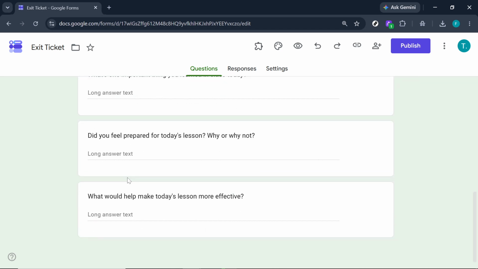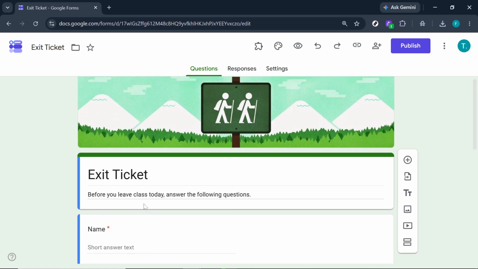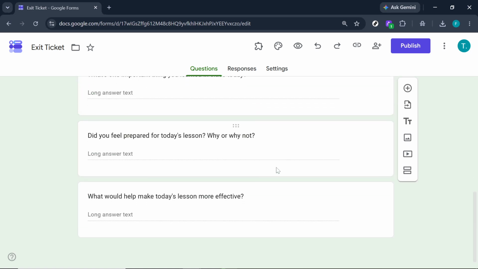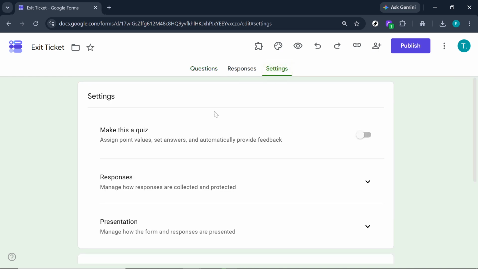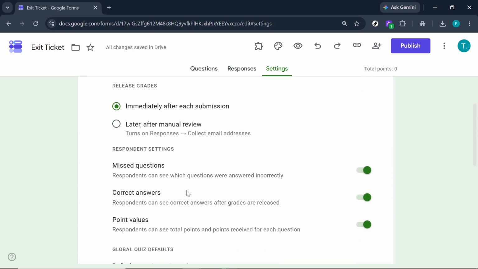Click on the Settings tab located at the top of your screen. This tab houses various options that will help you customize the exam experience for your students. Within the Settings menu, find the option labeled Make This a Quiz and toggle this feature on. Activating this setting will reveal additional options related to grading and point configurations, which are crucial for evaluating student performance